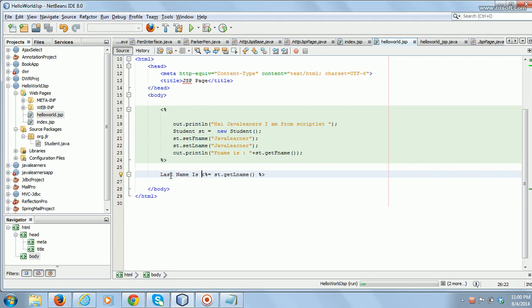So this line also displayed. This line, percentage is equal to, also displayed in the browser. Then what is the difference between out.println and this one?